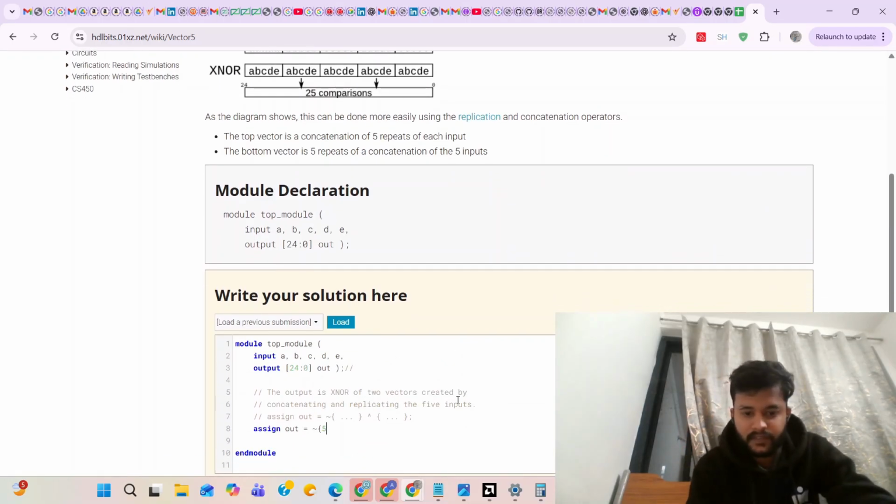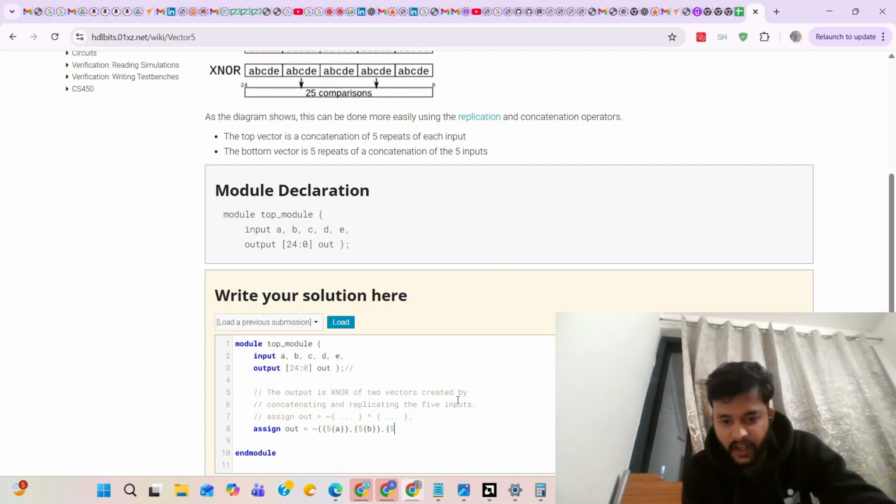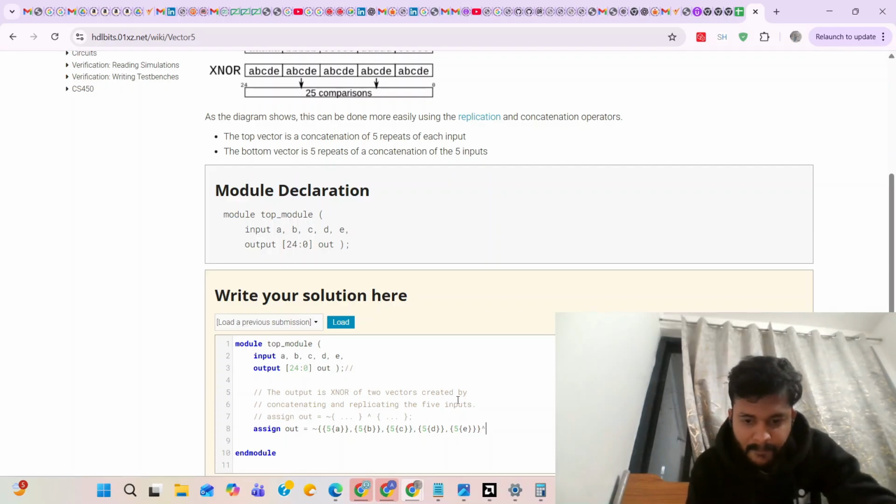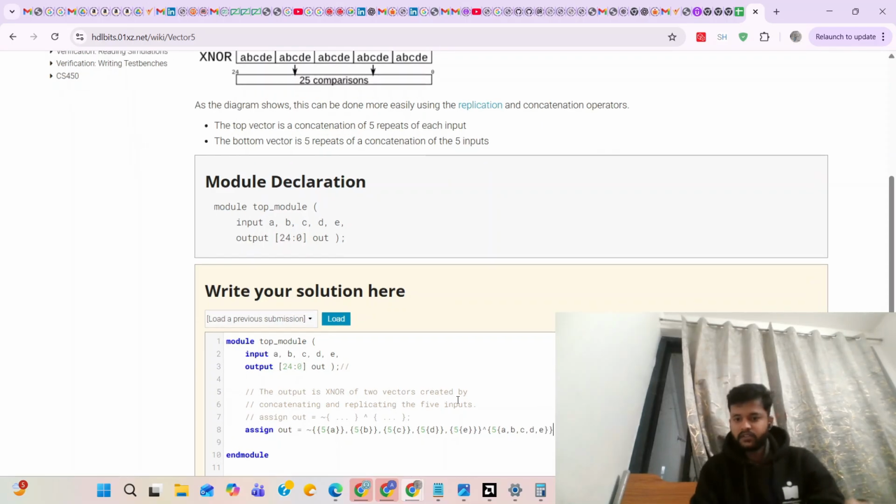The first input vector is this: 5 times A, then you are replicating 5 times B, then you are replicating 5 times C also and concatenating also, 5 times D and 5 times E. And then we are using the XNOR operation. And in this one, the expression is 5 times A, comma, B, comma, C, comma, D, comma, E, this one. So ended with a semicolon.